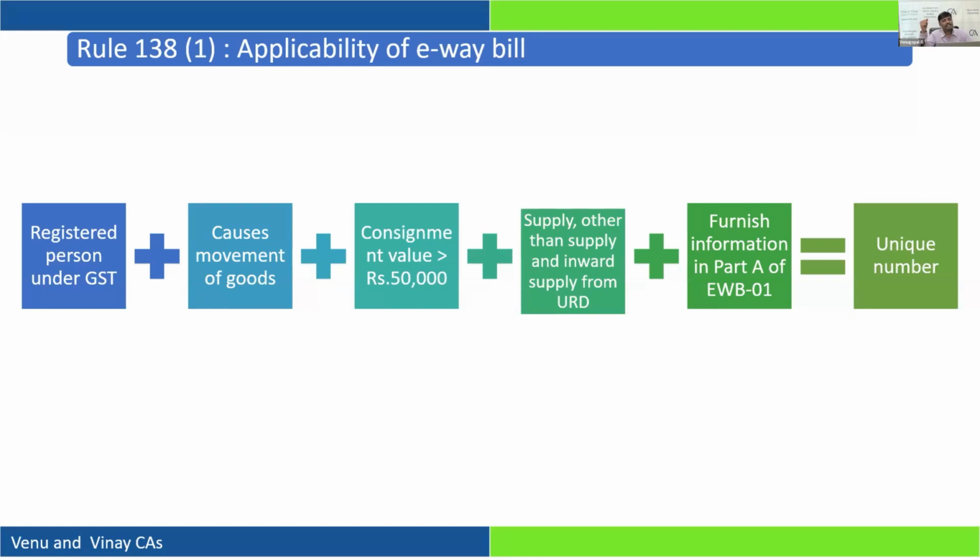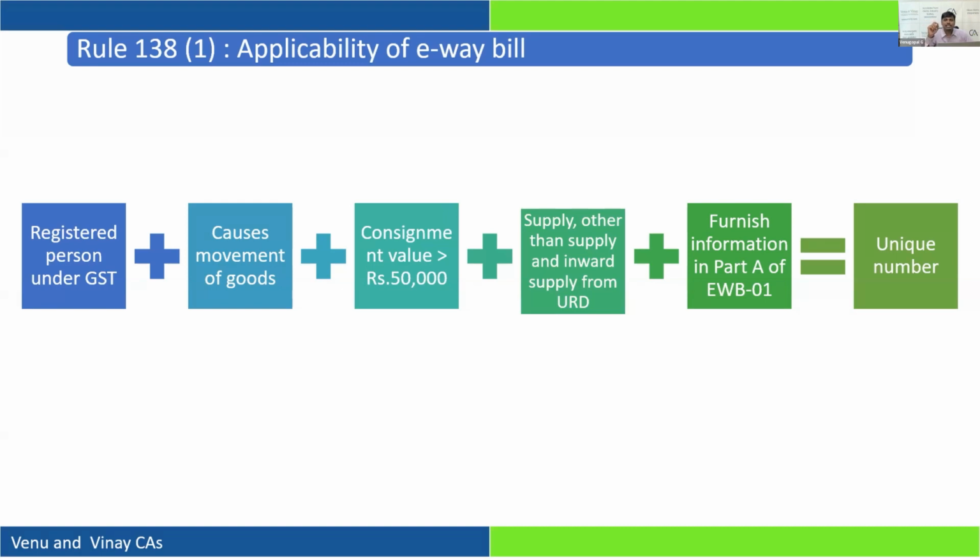In fact, he has given an example of a job work where the material is 5 lakhs and the job work charges are 35,000 rupees. Still, the e-way bill has to be raised for the full 5 lakh, because what is moving is goods, and the value of the goods is what needs to be assessed. Please note,